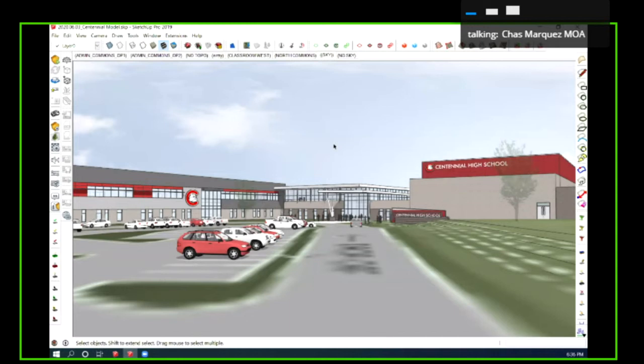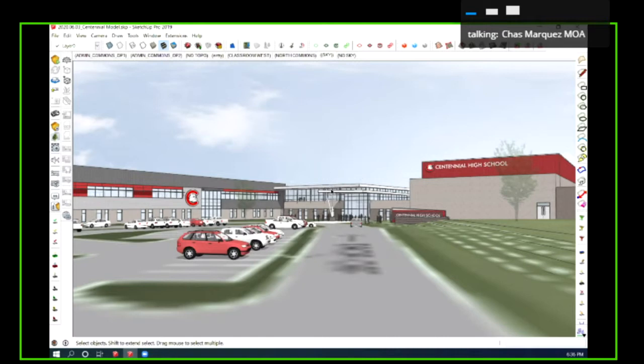So we'll look at Centennial High School first. Just keep in mind, these are very conceptual. We're very early in the process, lots of time to change. So not final in any way, but we just want to get a gauge on if we're headed in the right direction and get your thoughts on that. So we encourage you to use the Vimeo chat, and we'll try to respond to any questions or comments you may have. But anything you have to offer would be very helpful.